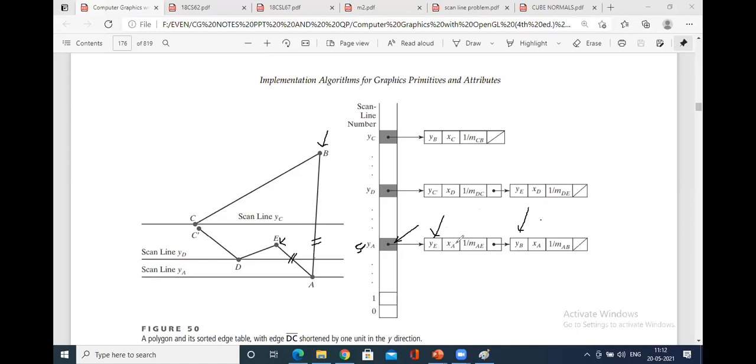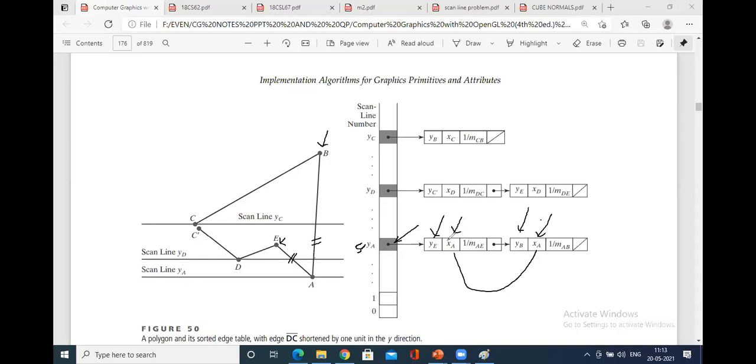right? And what is this XA value? So XA, in both the cases we have written XA. We have to write the x value, which is a minimum. Sorry, we have to write the value of x where in both the edges, which is less, y min. Y min is for this edge, y min is at this point, no? Clear? So min value of x. So I'll write XA.